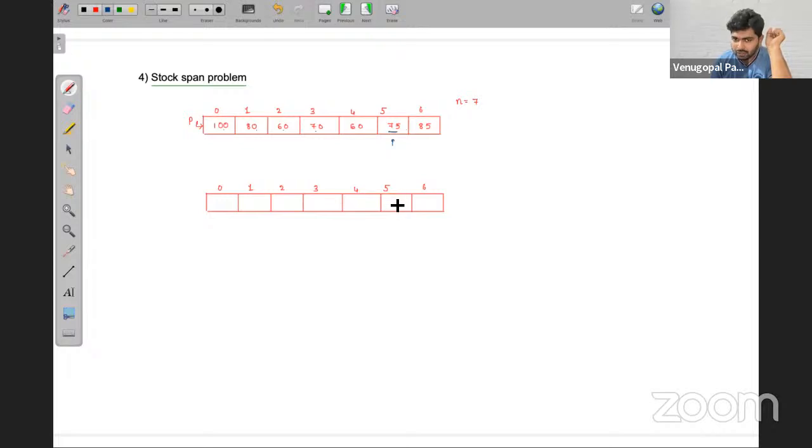Corresponding to this, its span is: see in the past, consecutively, how many days its price is less than or equal to that day's price. Again I'm repeating, friends. If this given value is 75, see the past starting one day before.